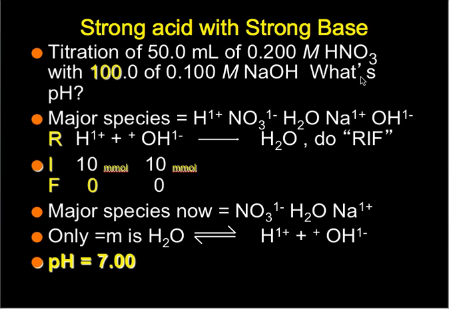So right now, we should be able to recognize the fact that the pH will be 7. If you look at the math, if you do the stoichiometry, you have no excess reactant. And in this case, the only equilibrium going on is Kw. Since Kw, the concentration of the hydrogen ion equals the hydroxide ion, then the pH will definitely be